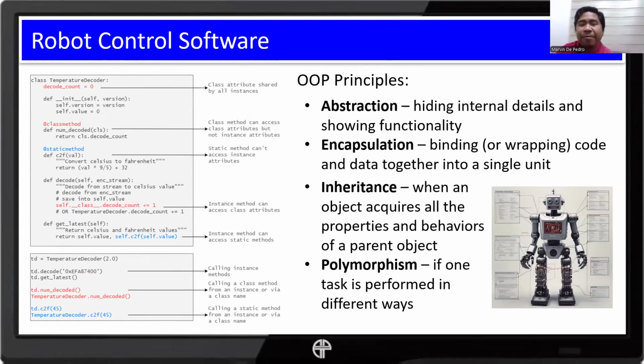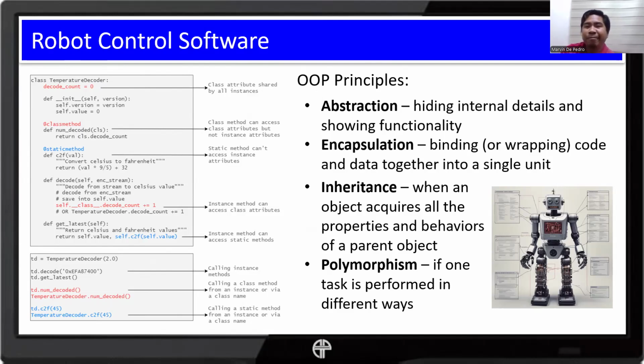And lastly, when we program in a style of OOP, we normally make use of these principles, or at least follow these principles, because these principles make OOP a much better approach, especially in modern software development.